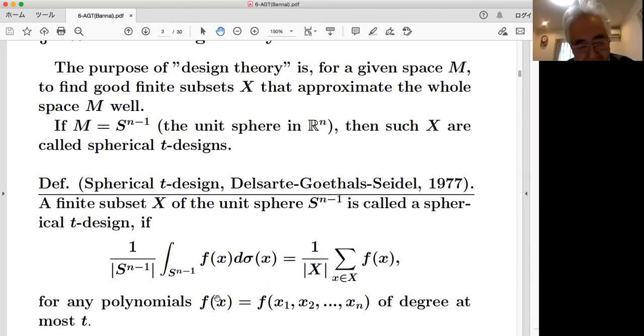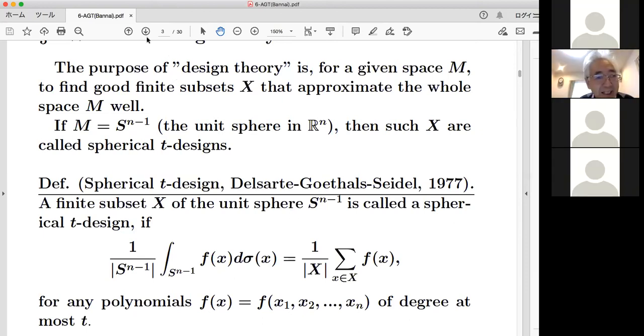Here we take f, any polynomial of degree at most t of variables x1 to xn, then the integral of f over the sphere divided by the surface area of the sphere is given by the average value of f at the finitely many points x. If this condition is true for any polynomial f of degree at most t,